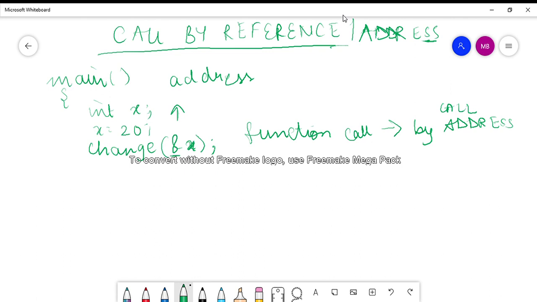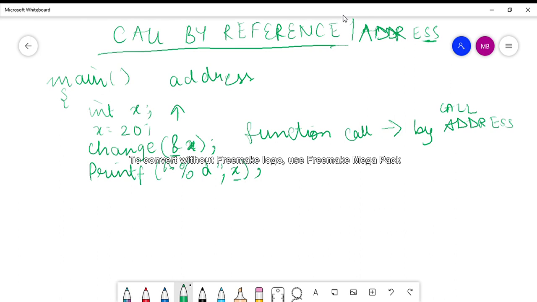Now I say printf %d x. X means the value of x and ampersand x means the address of x. So here I am printing the value of x.